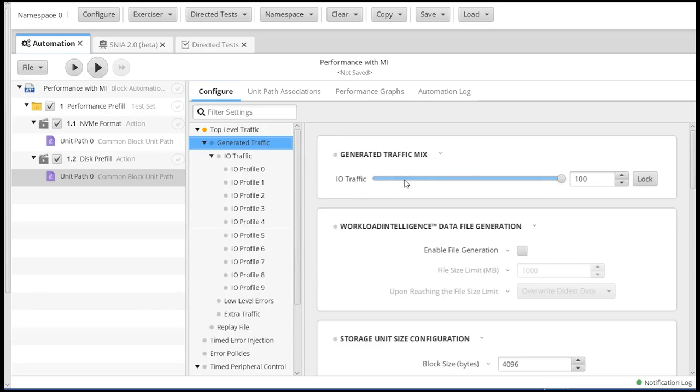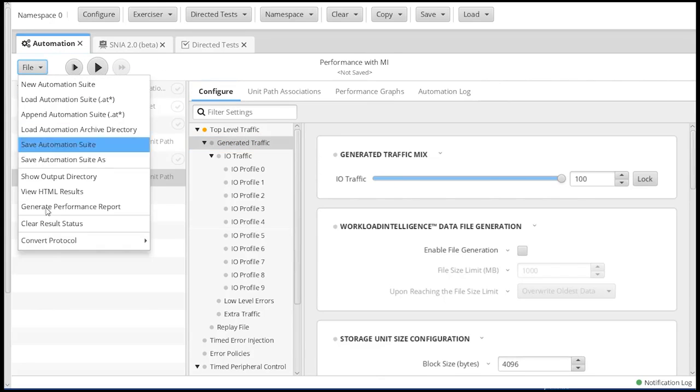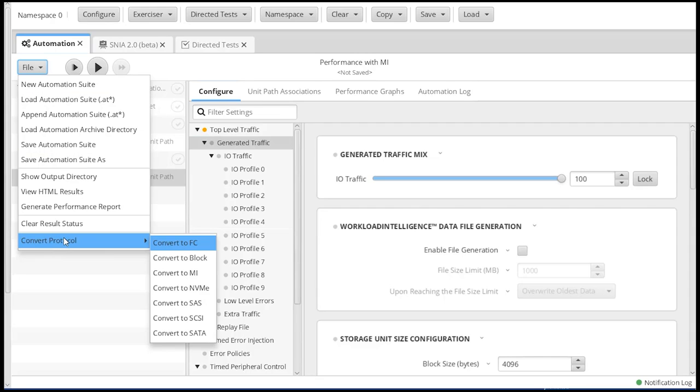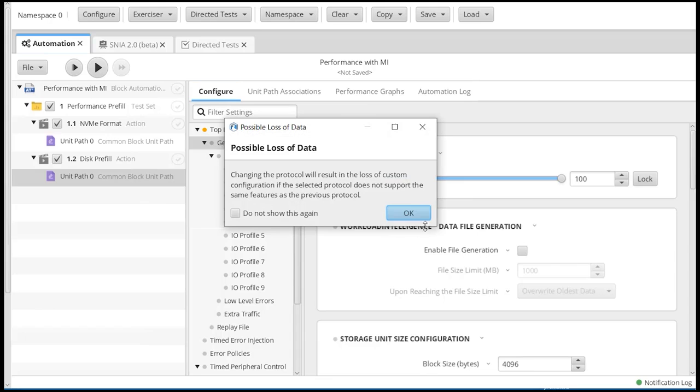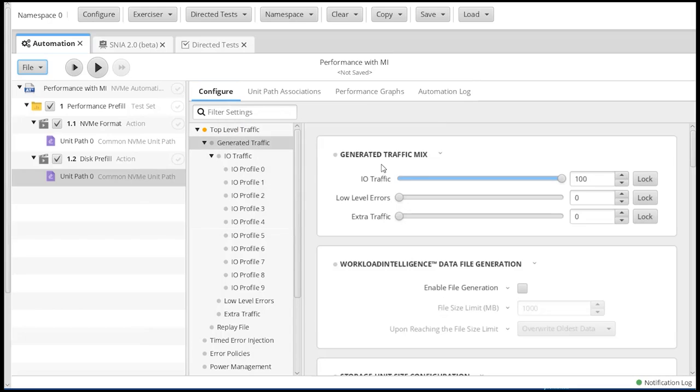What this is telling me is I currently have this set up for block. The automation tab does not know what you're connected to, so I can set it for any protocol I want, and I want to go in and convert protocol, convert to NVMe, and it will then set it up so now you see it's an NVMe type of environment.